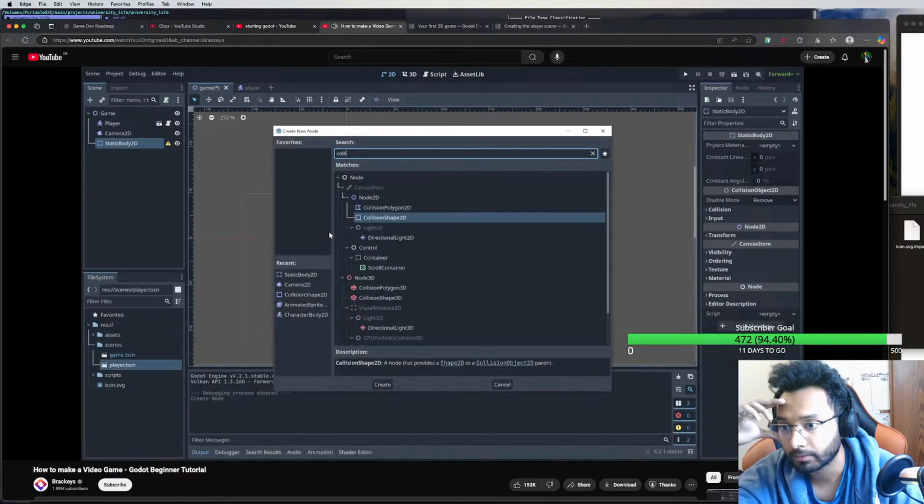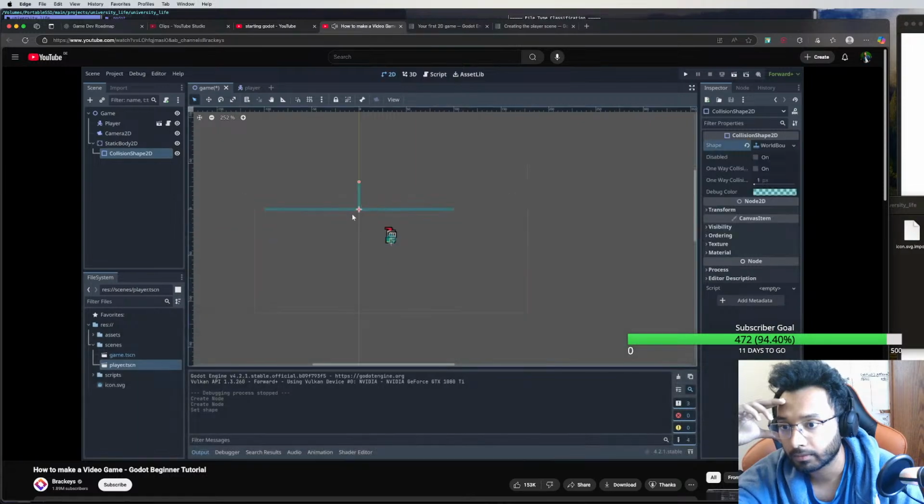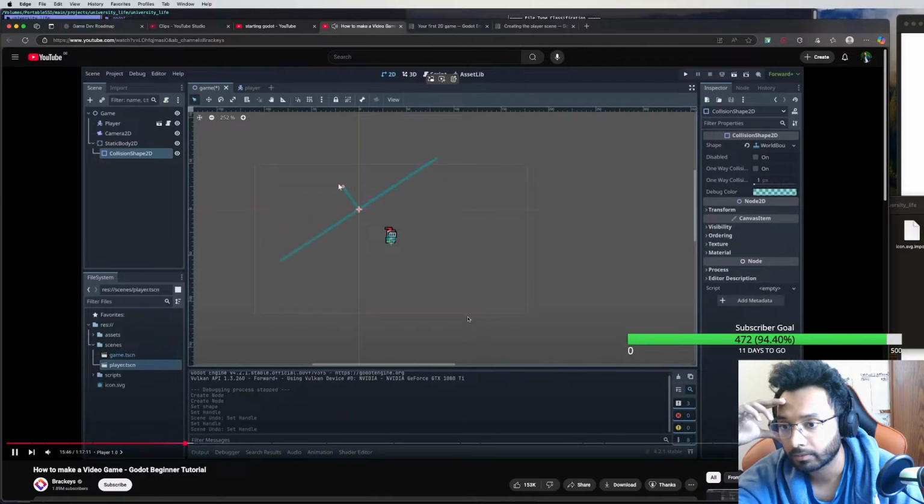So I'm going to hit Control A, search for collision shape, and for the shape here, we're going to create a new world boundary shape. The world boundary is a type of collider that is perfect for stuff like world boundaries because it's going to extend infinitely on the horizontal axis here. So as you can see, it's currently pointing up. We could also point it to the